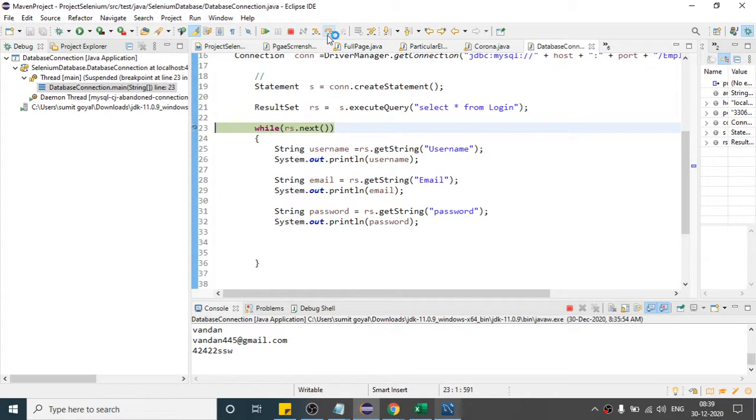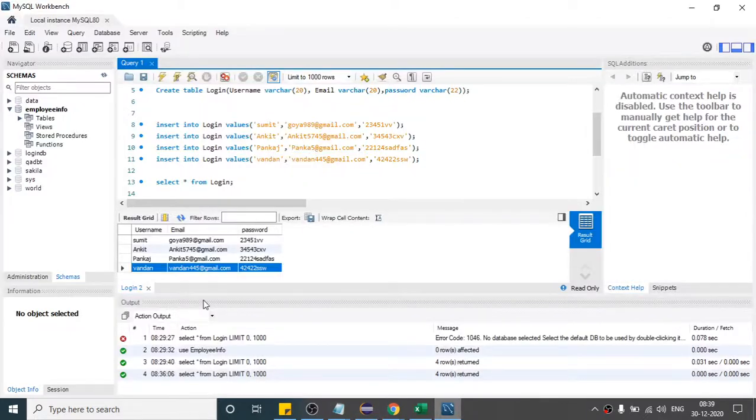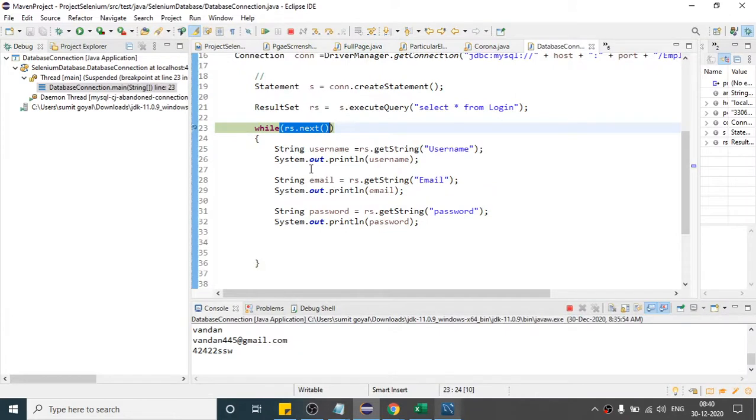But after that, when this condition will execute again, then rs will be moved to some other row, but after this row you do not have any more rows present. So now rs will not be able to move to the next row, because you do not have any more data. So this will return false, as while of false is false. So now we will come out of our while loop.